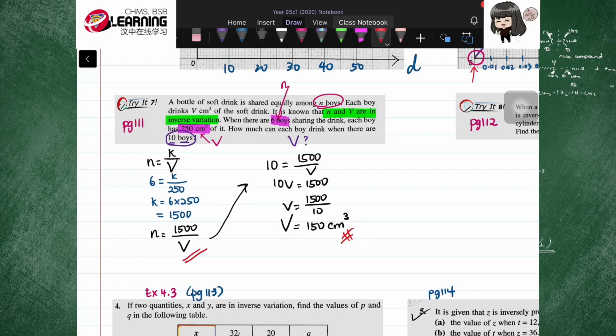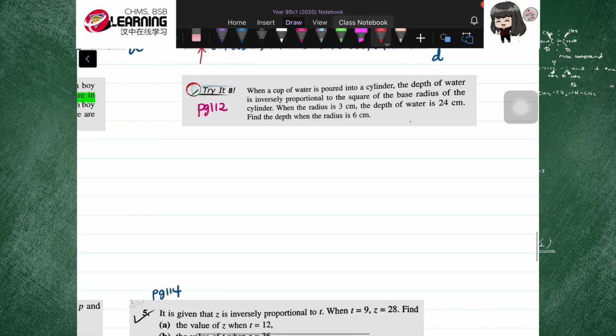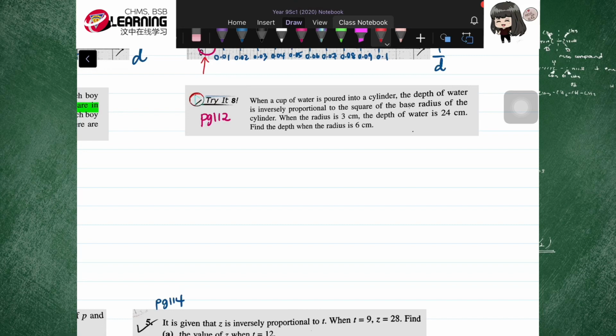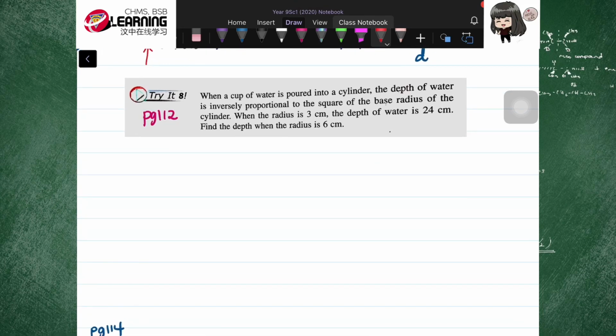Okay, that is for Try It 7, page 111. Copy the question and also the answer, right? So Try It 8. Don't forget to write down the Try It and the page number. Okay, Try It 8. When a cup of water is poured into a cylinder,